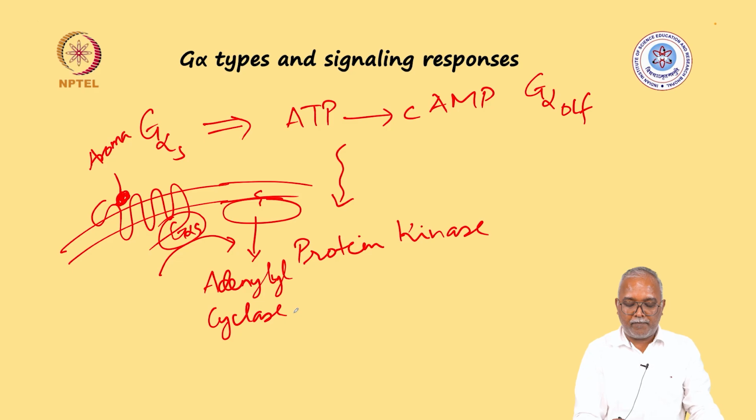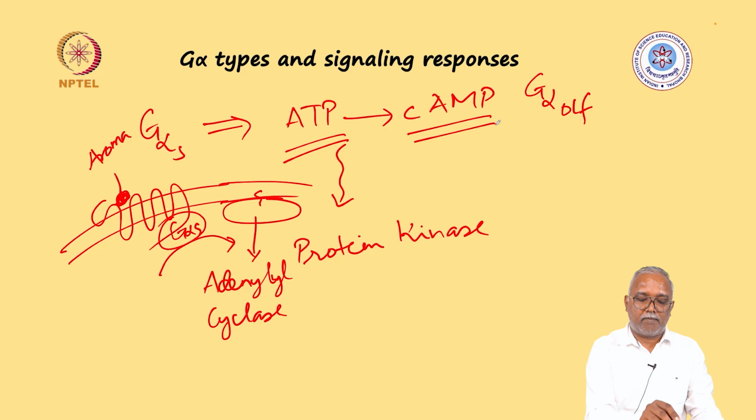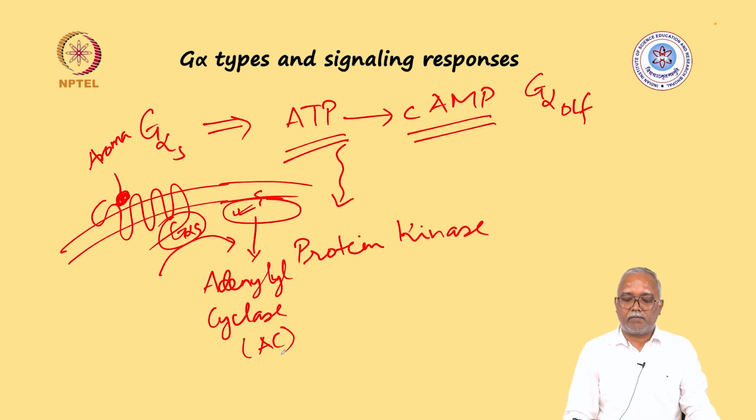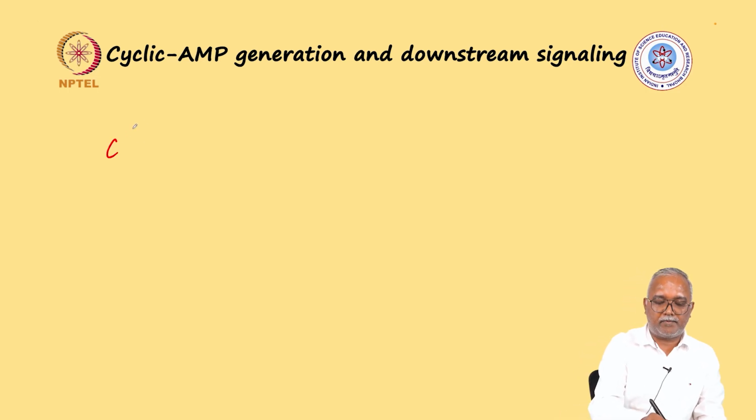Because it is helping cyclization of adenyl residue from ATP to cyclic AMP. So the binding of ligand to the receptor activates G-alpha-S, which activates the adenylyl cyclase, which helps generate the cyclic AMP. And this cyclic AMP will work through protein kinase which is called protein kinase A. Let's see what happens in the case of protein kinase A signaling. So once cyclic AMP is generated,